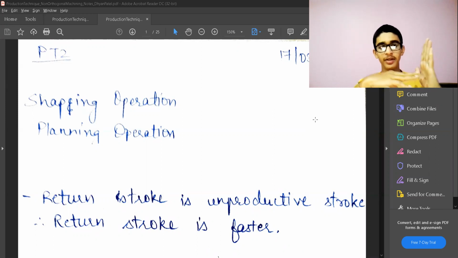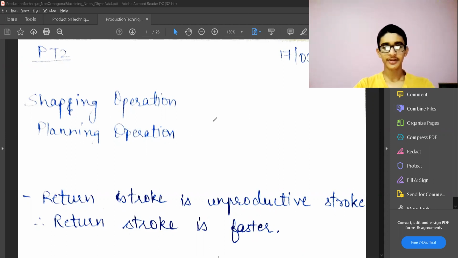So we were assuming that we were having an orthogonal type of machining, but this is not true when we come to the real life machining processes, which are turning, facing, milling, shaping, etc. So there can be multiple different ways. The general main difference will come in the parameters of machining.